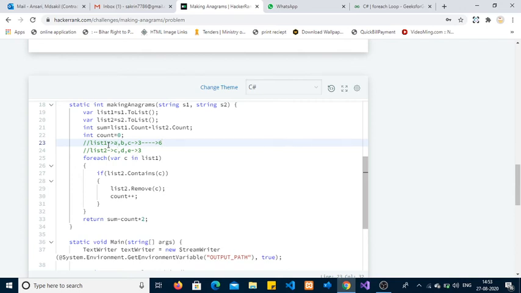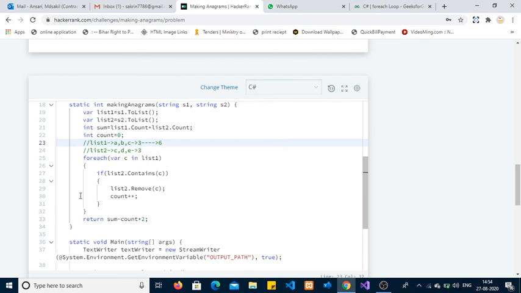I am iterating over list1. The first element is A. List2 contains A, so we remove it from list2 and increment the counter variable. B is not contained in list2, but C is, so we remove C from list2 and the counter variable is incremented again.